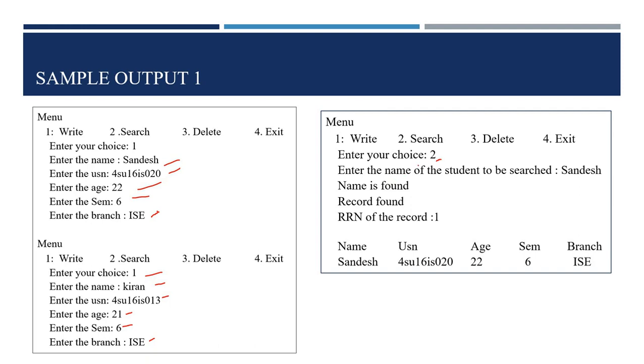Once choice 2 is entered, the name of the student is to be entered for searching in a given record. The search function checks the results. It matches with the buffer data which is available in the secondary index, and it says the record is found, the relative record number is 1 because this is the first element, and it will also display the record details. Similarly, the search and delete functionalities can be performed for the different cases.